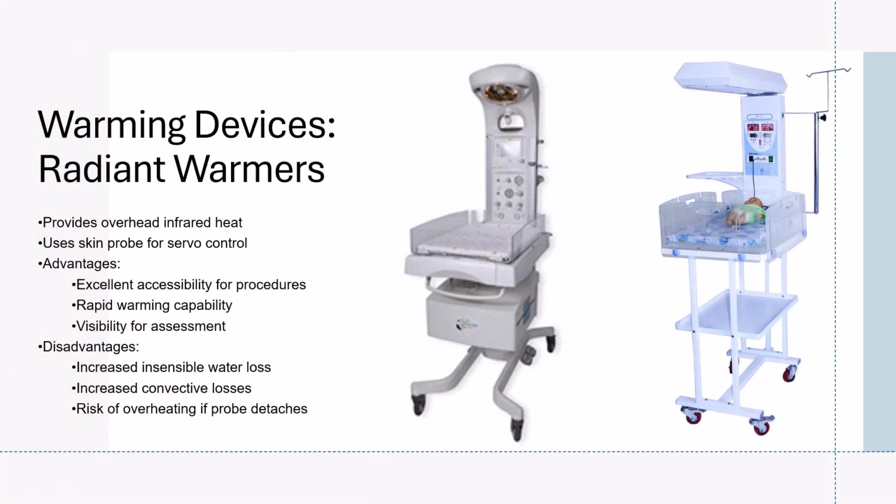Radiant warmers provide overhead infrared heat and use a skin probe for servo control. They're excellent for providing accessibility during procedures, offer rapid warming capability, and allow good visibility for assessment. However, they have disadvantages, including increased insensible water loss, greater convective losses, and the risk of overheating if the probe